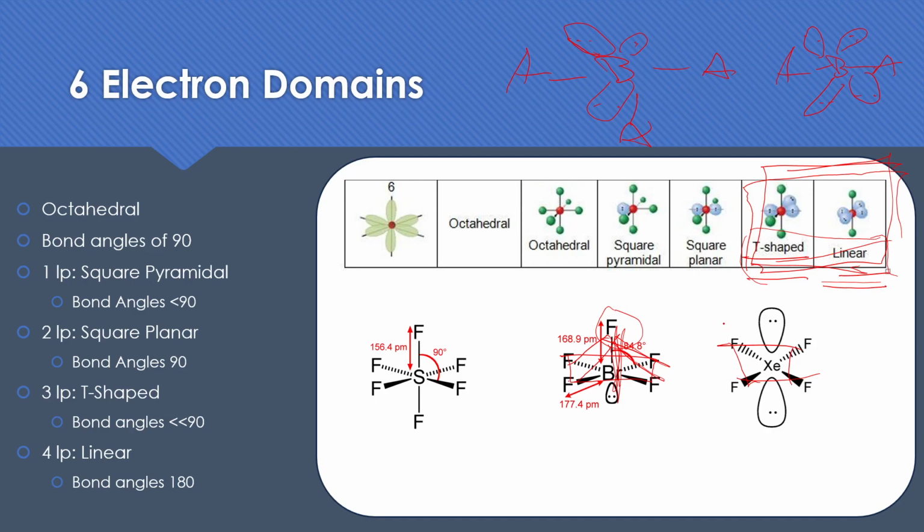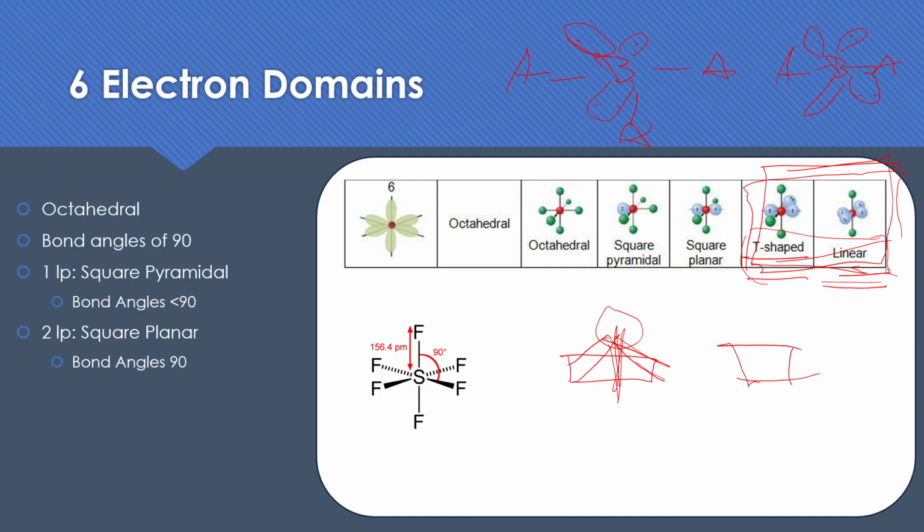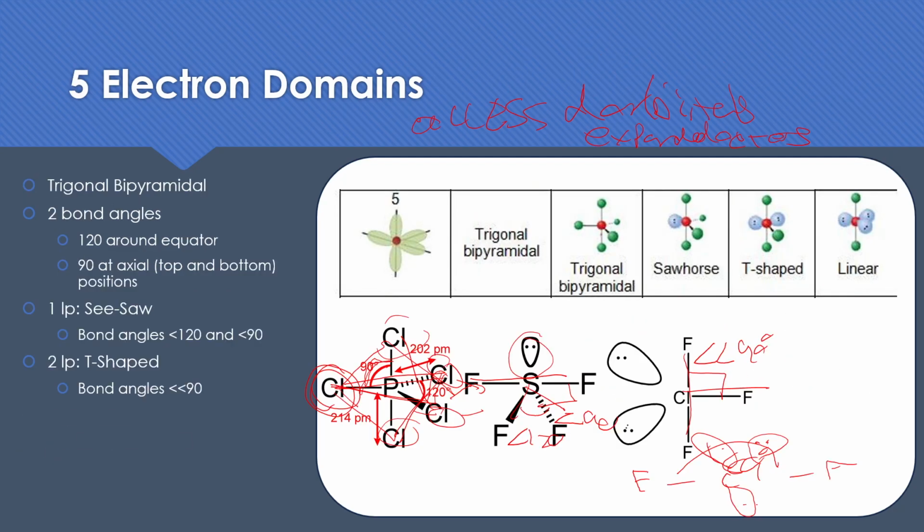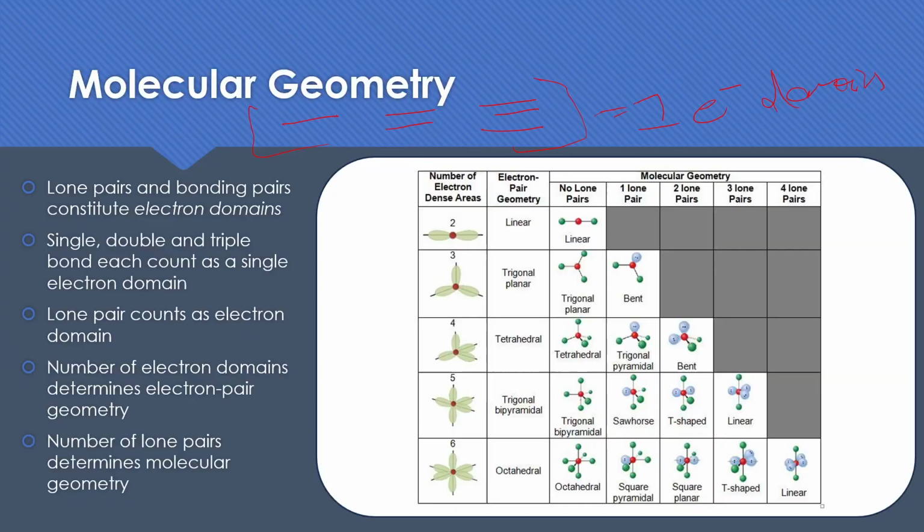I am curious. So these you just need to know. Okay, so it's good to have. Let me go back to the chart. It's good to have something like this chart. Okay, for practicing, where you can say, okay, I've got this many electron domains and it's got one lone pair,